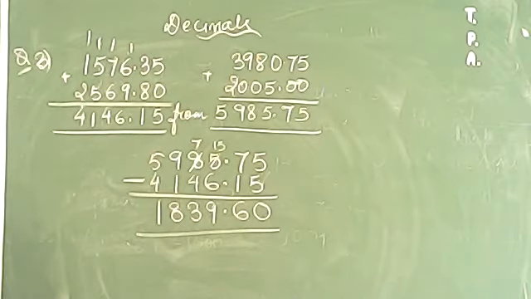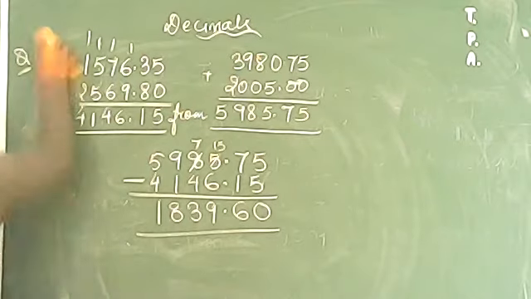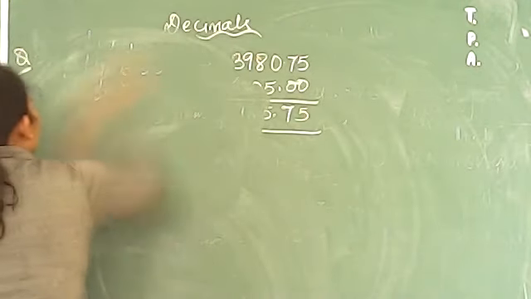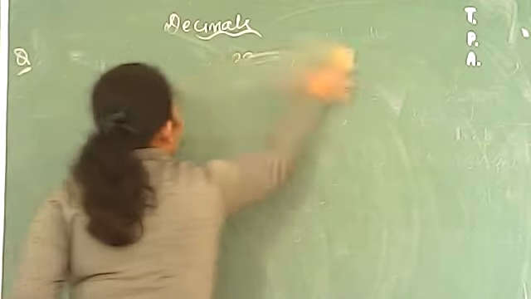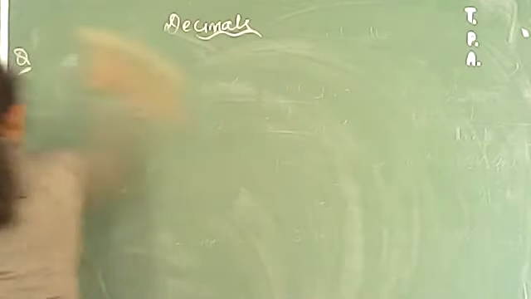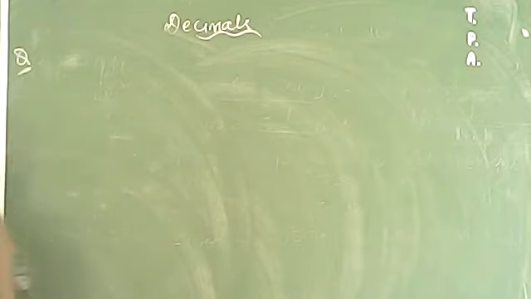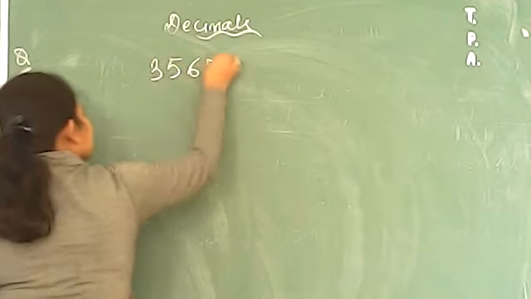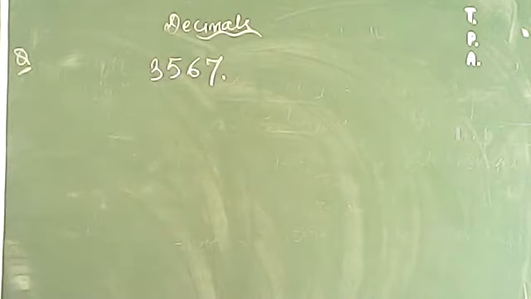Question number 4 says that find the product of place values of 5 in 3567.125. What we have to do here is, there is a number given, and you have to find out the place values of 5 in it. Okay, so this question has a little bit of complex part, not much more but a little bit. So our question is 3567.125.